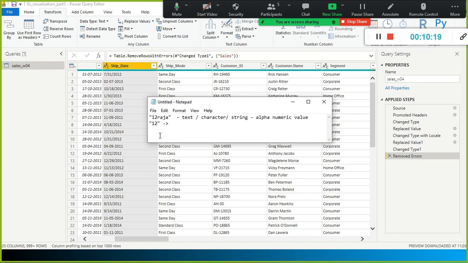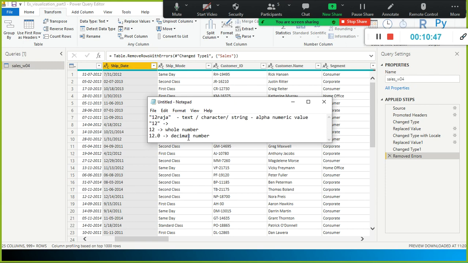Why? Because these two texts we have embedded with double quotes. Simply if you say 12, it is a number type, a whole number. If you say 12.0, it is also called a decimal number, because it has some decimal value. This is the whole number, and this is the text data type.